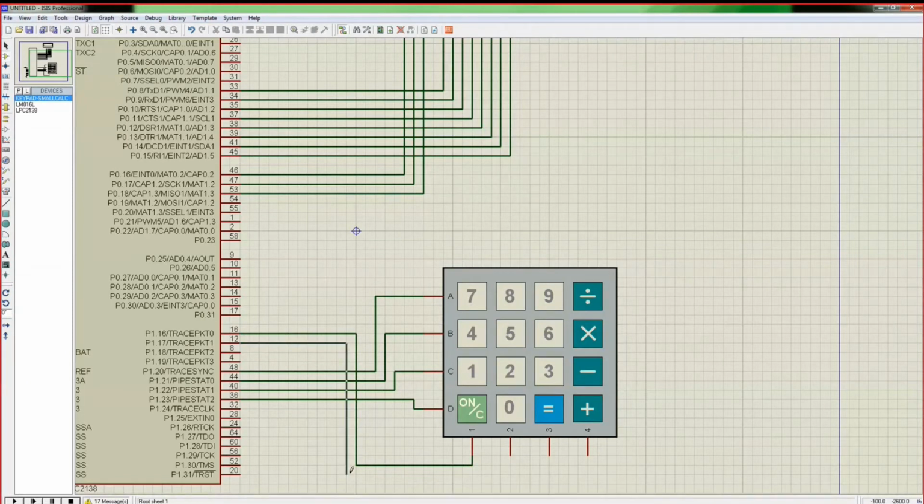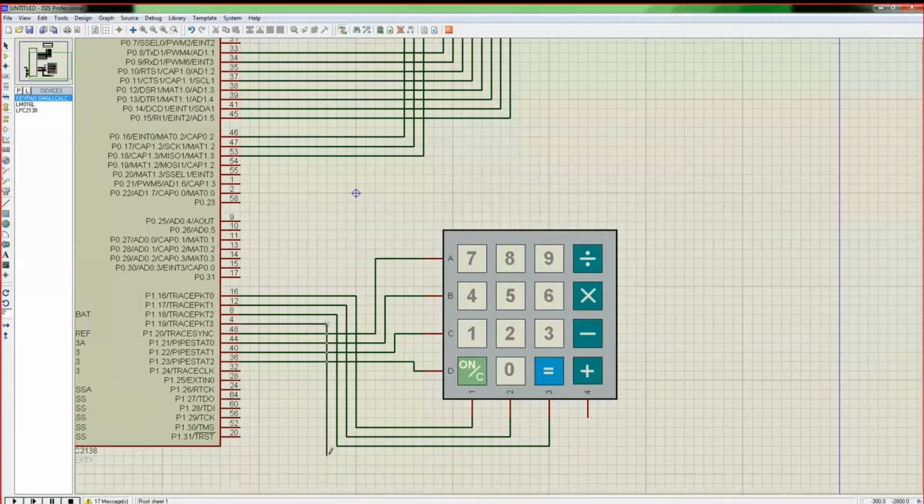P1.17 to column 2. P1.18 to column 3. P1.19 to column 4.